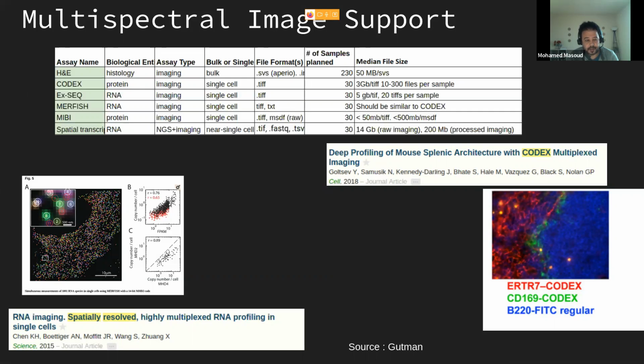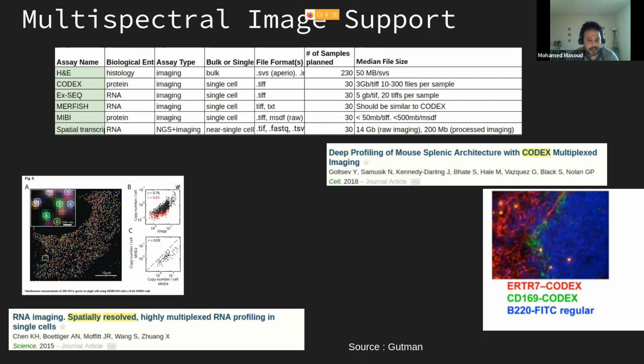So our role here can come in to analyze this image and try to find biomarkers that can identify a certain function or a certain disease.